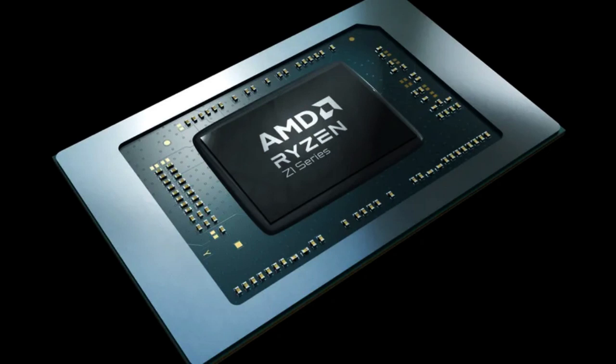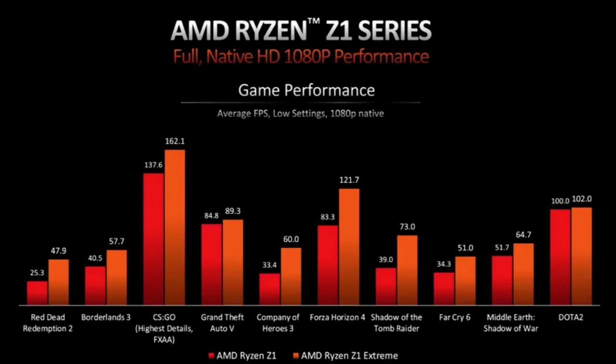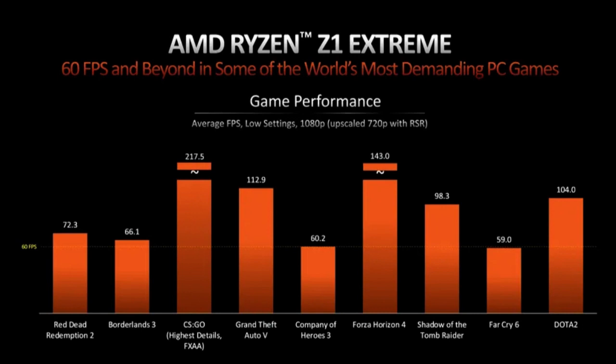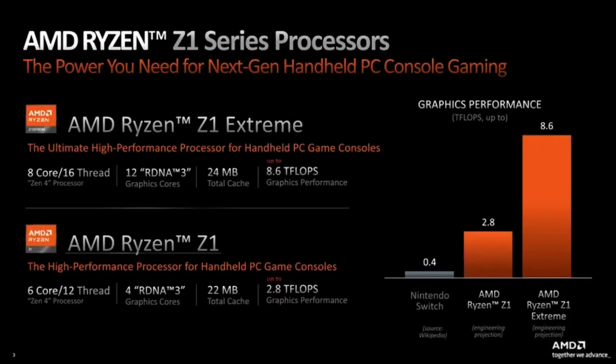AMD announces Ryzen Z1 and Z1 Extreme chips for handheld gaming PCs. On Friday, we told you how AMD is quietly arming a whole new wave of Steam Deck competitors. But the company's now saying the quiet part out loud. Today, it's officially announcing the AMD Ryzen Z1 and Ryzen Z1 Extreme, a pair of 4nm processors specifically aimed at